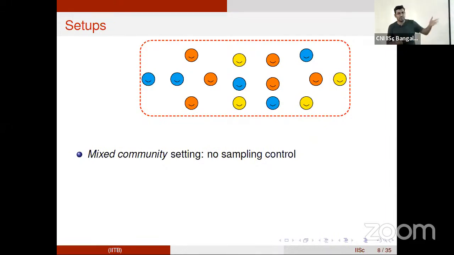For example, in the mixed community setting there is a single box, and as I build towards other settings, you will see that everything is part of the instance itself. I'll define the communities and which community goes in which box. All of that is part of the underlying instance, and the probability of error will depend on this.